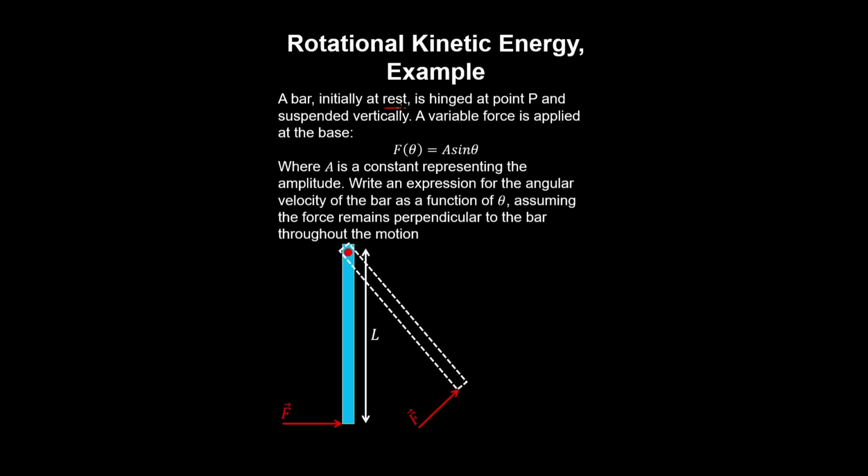A bar is initially at rest and hinged at point P, and a variable force is applied at the base, where a is a constant, and we're asked to write an expression for the angular velocity as a function of theta, assuming the force remains perpendicular to the bar. So recall the rotational work kinetic energy theorem. So given the bar is initially at rest,